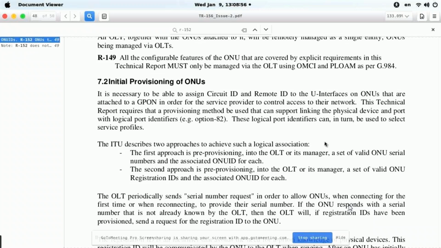The first one is the approach using the serial number only. The second one is the registration ID. So you must have the approach to also identify the ONU